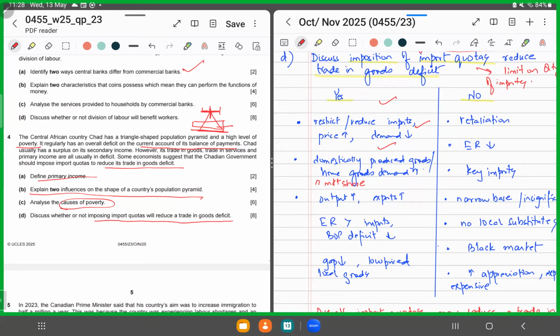So the demand for domestically produced goods rises, and then these domestic firms expand their output such that their market share increases and then their exports increase. So the firms are going to earn higher export revenue. This higher export revenue and a fall in imports could shrink the size of the balance of trade deficit,